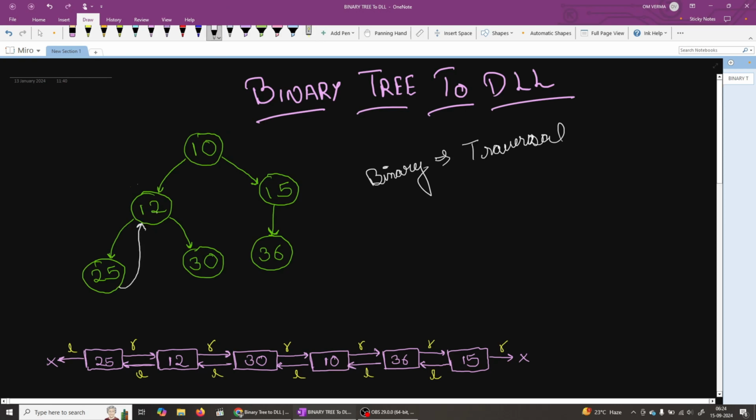Now we have explored 25. The node from where we came to 25 was 12, so we made the right pointer 12. Now after going back to 12, we explore its right part, 30. 30's left is null, and 30's right. Before that,